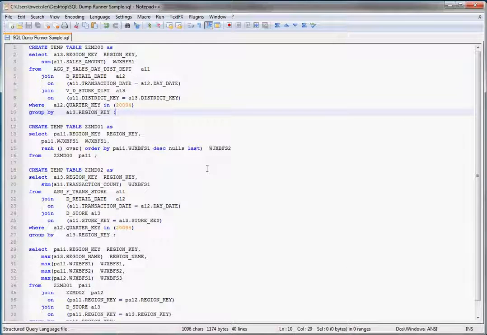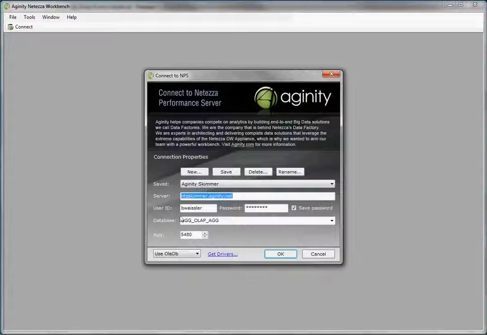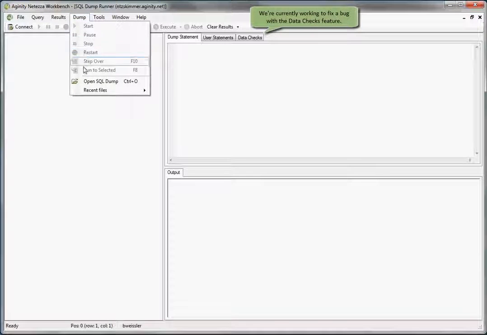What we can then do is open up the Aginity Workbench, go to Tools, SQL Dump Runner, and open up a database connection. I'm going to connect to the Aginity skimmer and the OLAP Ag database, because that is where MicroStrategy was connected to. Go ahead, go to Dump, open SQL Dump,